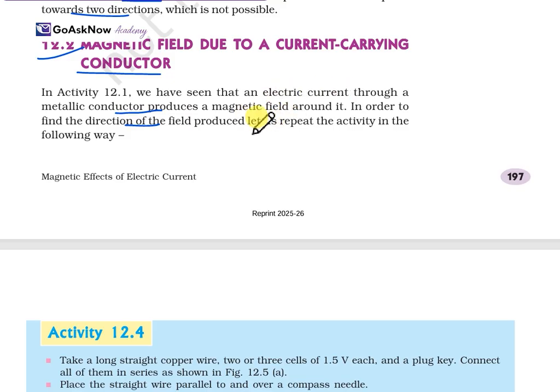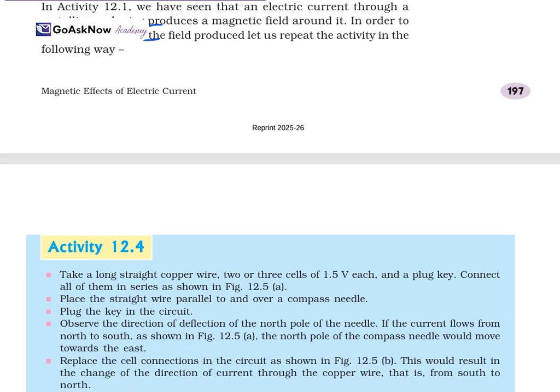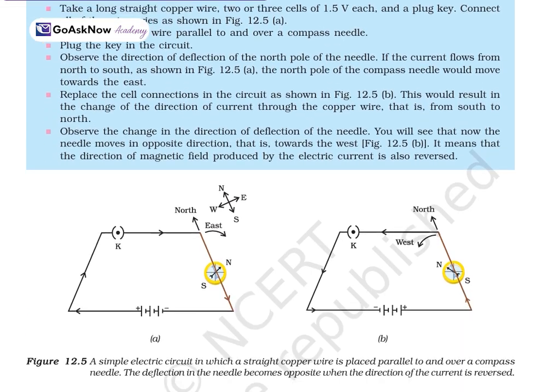Field produced, let us repeat the activity. So we'll repeat the activity, and we'll get to know how we are going to get the direction of the field once it gets produced. So see,